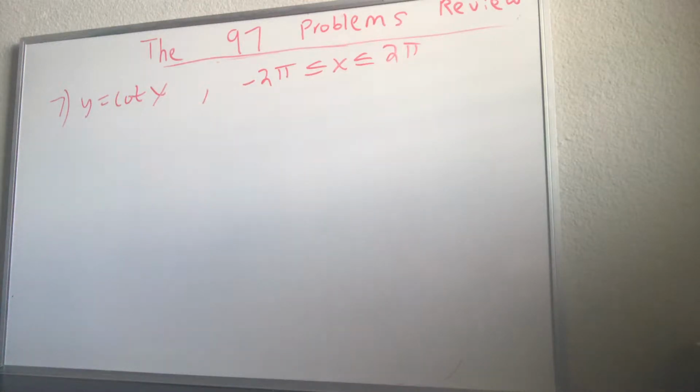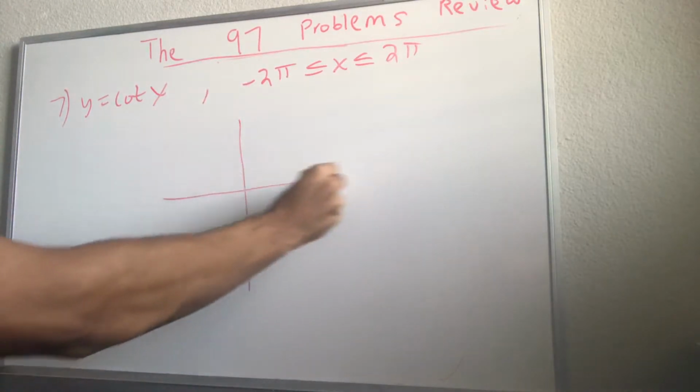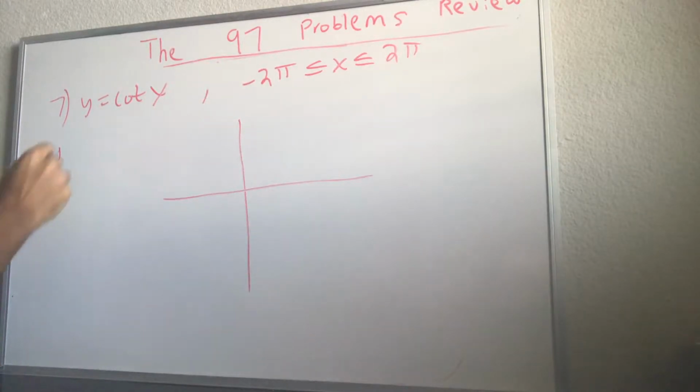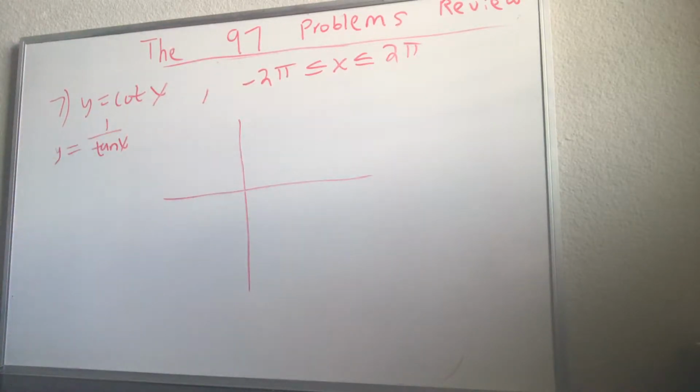Here we have question number 7, y is equal to cotangent of x, and again this is our domain here, so we want to graph this function, and so let's just do this quickly. So we have our y-axis, our x-axis, and whenever you have these trigonometric functions, always think of exactly how you can write this. Obviously sine, cosine, tangent are the more common trigonometric functions. So you can write this as y is equal to 1 over tangent of x, and that will make it easier. So now when we're looking at this problem,